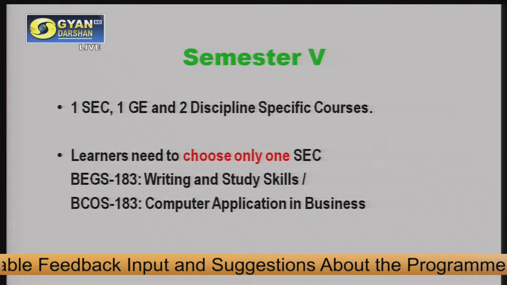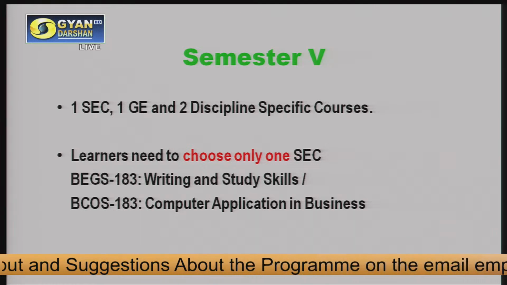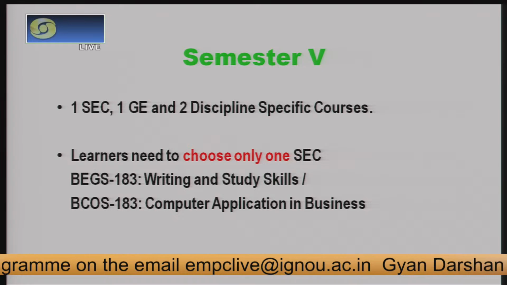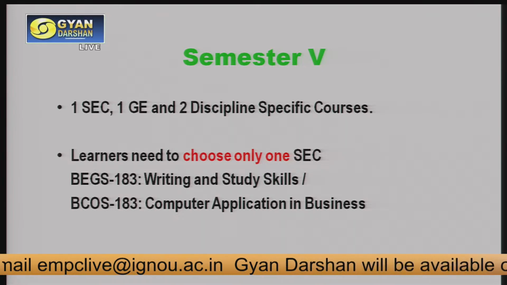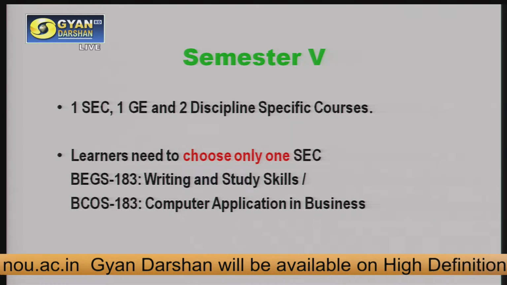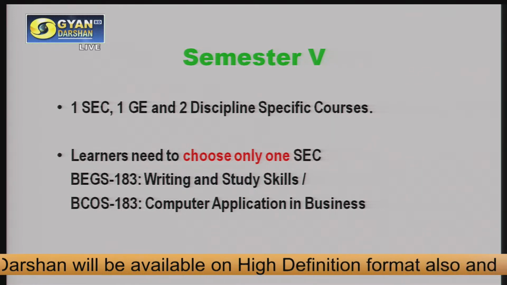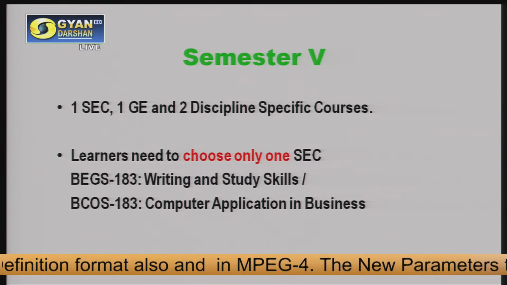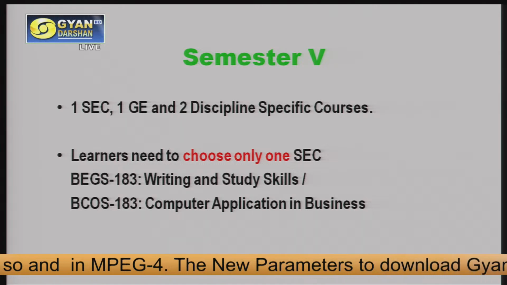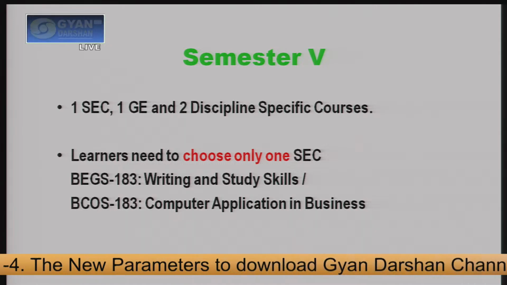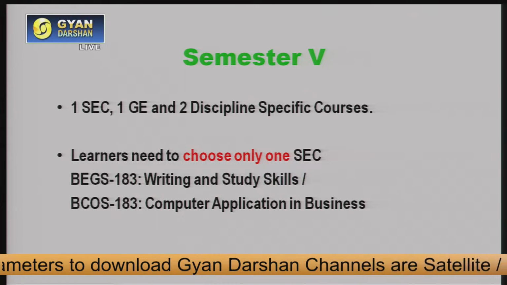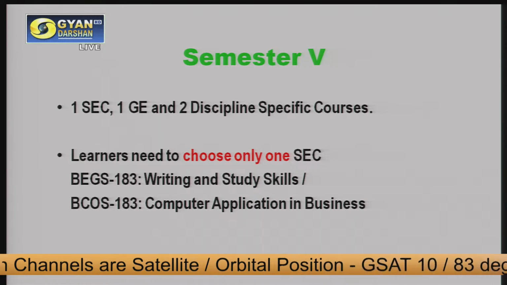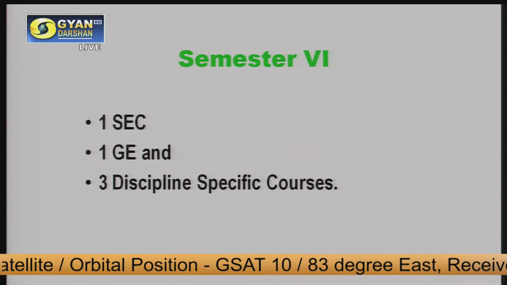तो उसके साथ साथ हमारा जो डिसिप्लिन स्पेसिफिक कोर्सेज है उसमें 2 है। जैसे हमने पहले भी बताया कि 5th सेमेस्टर में 2 डिसिप्लिन स्पेसिफिक कोर्स हो गए। पहला वाला है BGS 03, जो है सोशियो पॉलिटिकल डायमेंशंस ऑफ जेंडर एंड साइंस, और दूसरा है BWEE 7 वर्क एंड एंटरप्रेन्योरशिप। अब ये जो कोर्सेज है ये पूरा जेंडर कोर्सेज है। इसमें आपको साइंस के बारे में डिटेल डिस्क्रिप्शंस किया जाएगा, और वर्क एंड एंटरप्रेन्योरशिप में आप जानेंगे किस तरह से वर्क फोर्स में विमेन पार्टिसिपेशन एंड विमेन इमेंसिपेशन और विमेन एम्पावरमेंट हो रहा है।